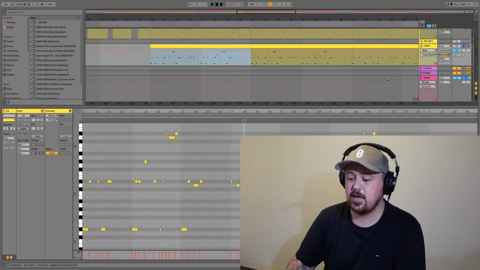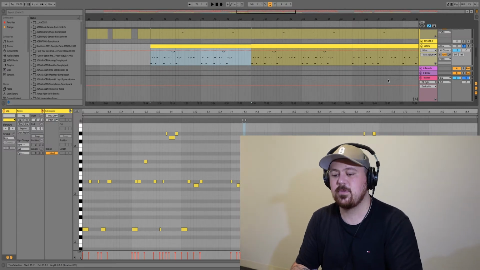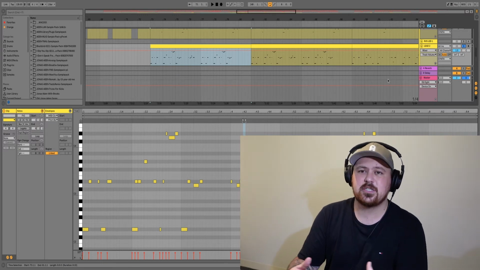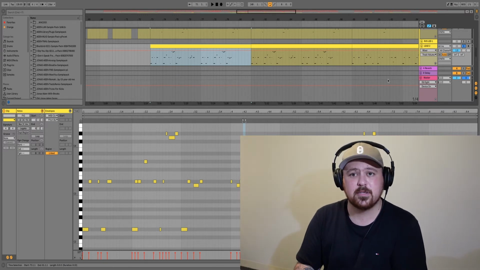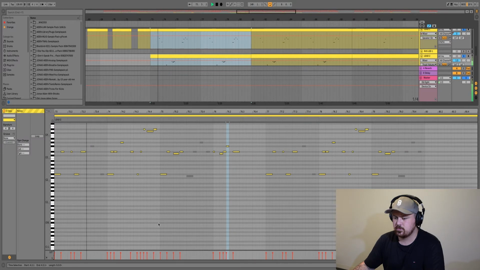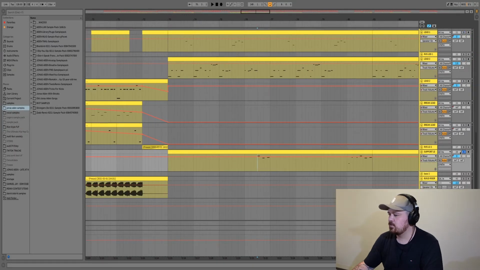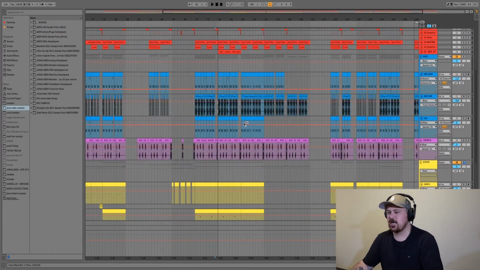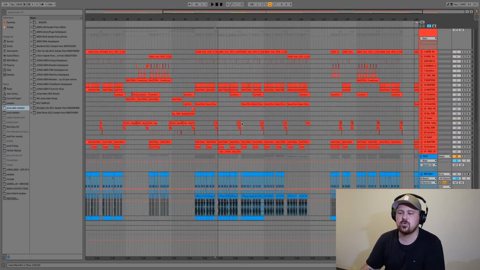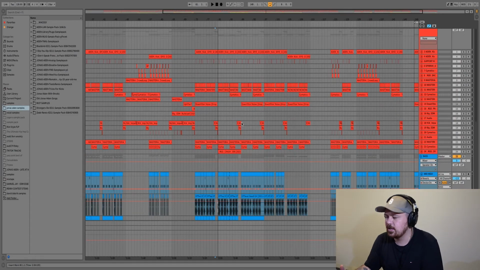With this lead pattern here, it's very bouncy. There's a good mix of long and short notes to help create that variation, that swing and that bounce that a Melbourne Bounce song needs. And then we've just got one other little lead that plays the same, it's just a little filler. In the second part of our drop, all we've done is add in a few more hats and some crash cymbals, just to make everything a little bit more interesting.